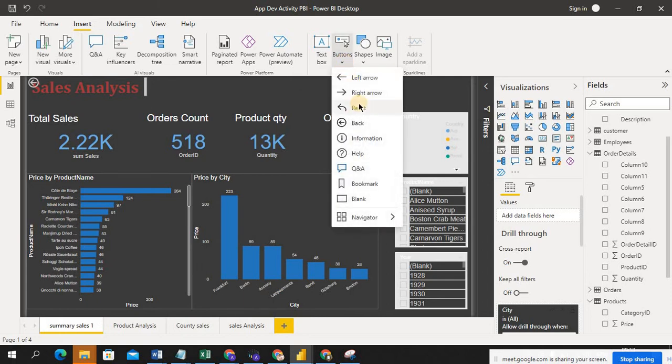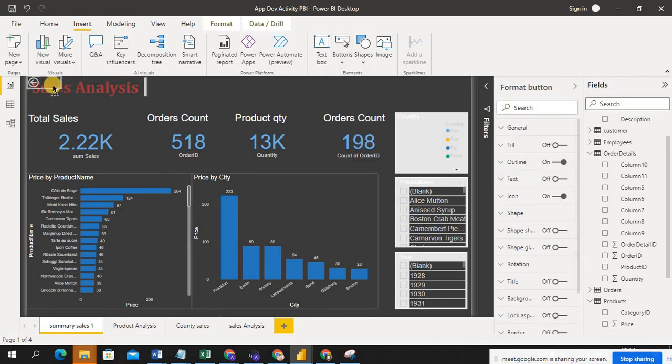So I'll give blank. Okay, first blank button I'll select. So I'm keeping it here. Currently I'm on this blank button.